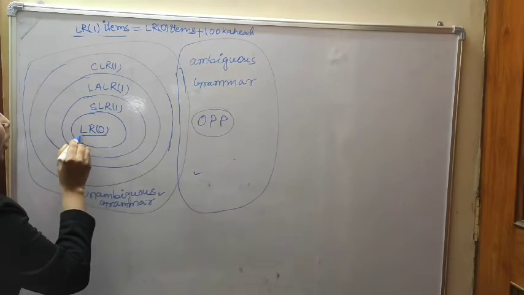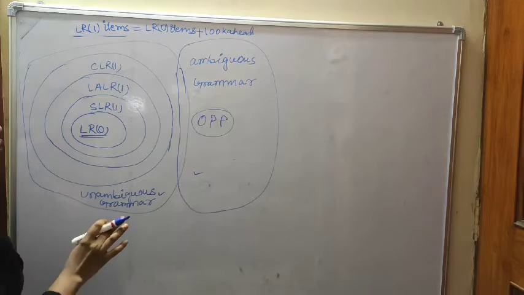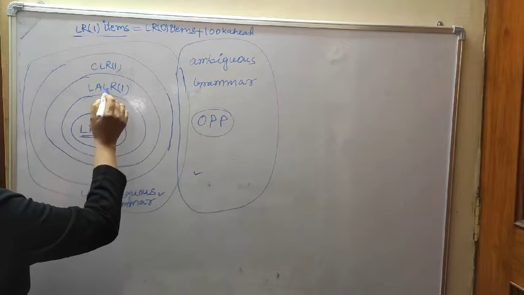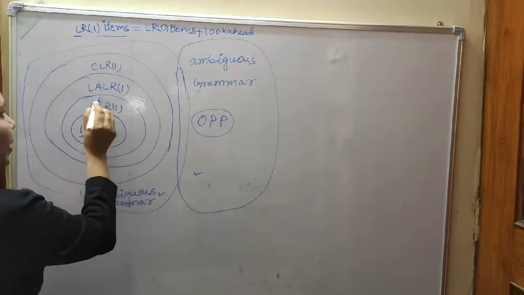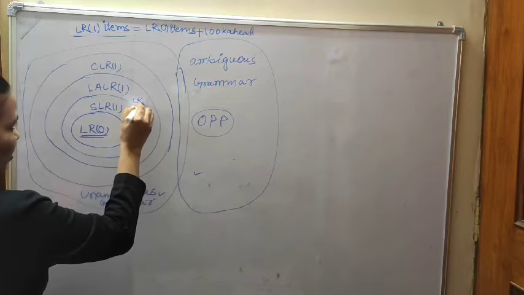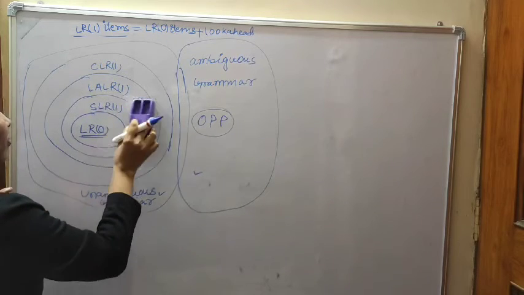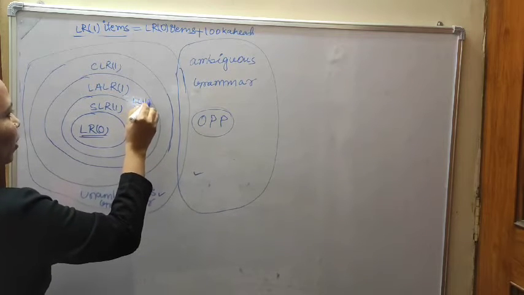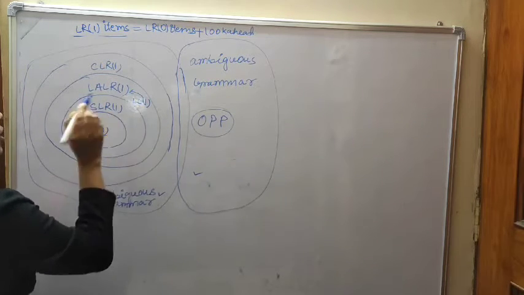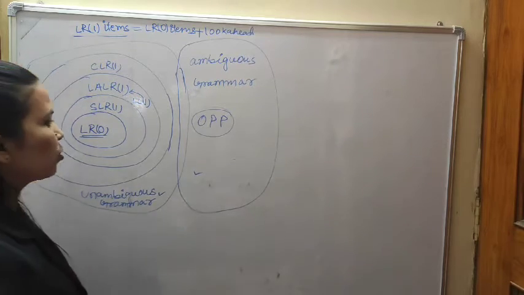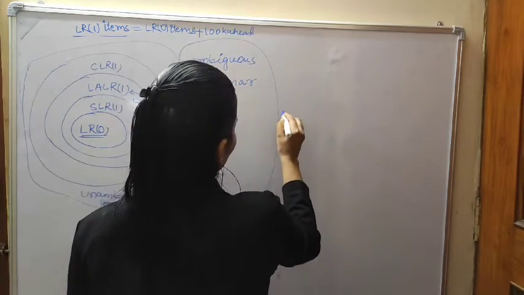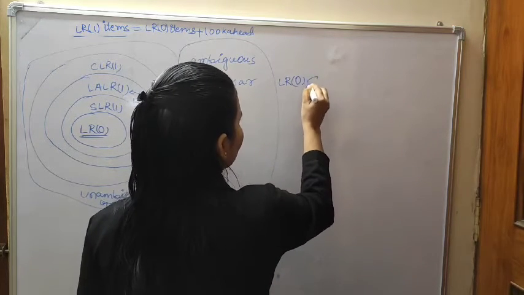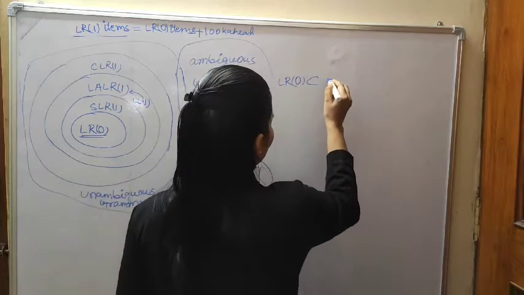Now LR0 is the smallest parser. LR0 is the smallest parser. Then afterwards SLR1, then LALR1, then CLR1. If any grammar is LL1, then definitely it is LALR1. Okay, so that is why the subset relation will come: LR0 is a subset of SLR1,